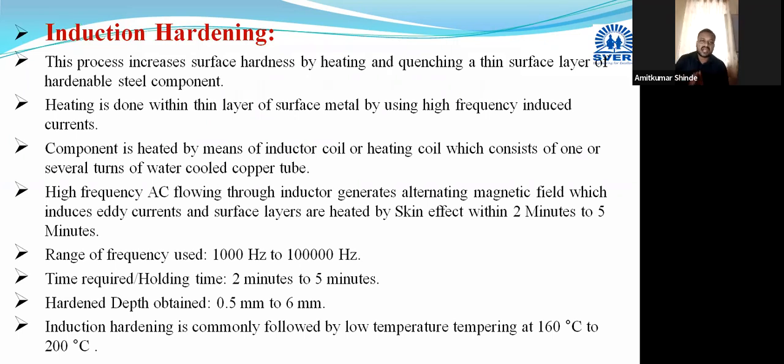Okay, this is the last point from this chapter, induction hardening. Now, in this induction hardening process,